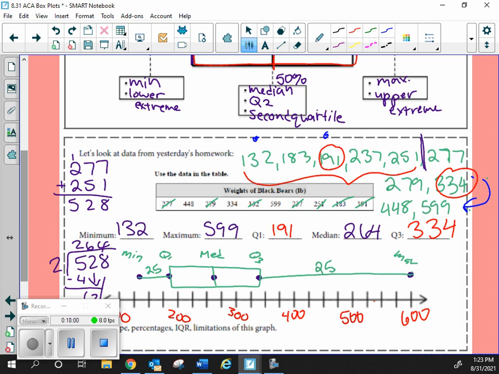They're skipping a lot of numbers. When they're super close together, that's what's going to make it short. But it's still representing 25% because it's still the same number of values. Yes. Yeah, exactly. And that's why we were saying that this one was an outlier, because it's stretching it out. That's why I said that one over there is not really an outlier. That's where it fits in. But we're still going to include it together.